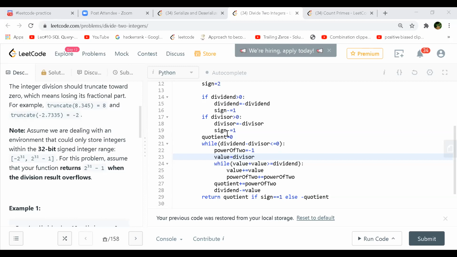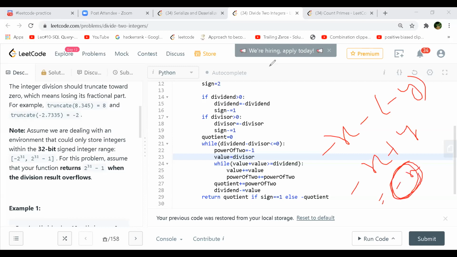In this case, it is lesser, no, because it's negative value now. And that is what we want to do, right? No, dividend is bigger here, right? That's why, because both of them are in minus. So if we are doing minus x and minus of minus y, so this is minus x plus y, so the result you are getting is negative. So that means x was bigger, right? That's fine, dividend is bigger.